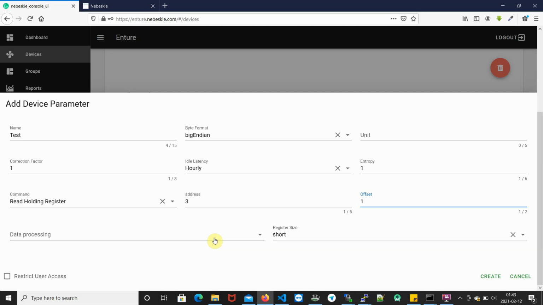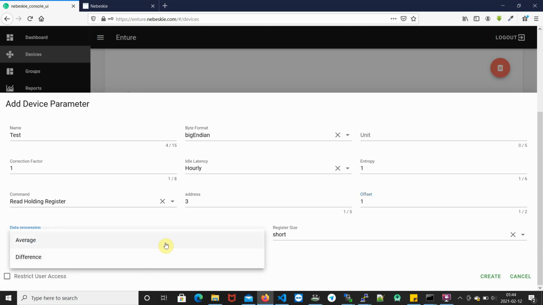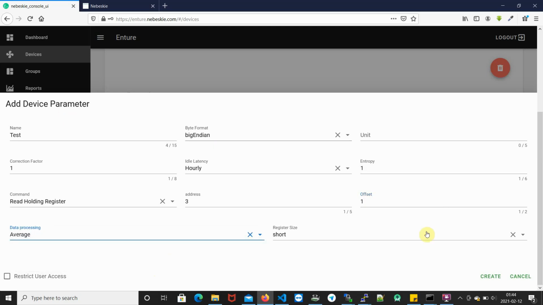So let's take a case of kilowatt hour, or the consumption that is there. At the end of the day, if you are trying to note what the consumption is, you would deduct the consumption at the beginning of the day from the data you have at the end of the day. The difference that you have is the consumption value. So this is the other category that we can put data processing in. This is just for the entire system to understand what kind of parameter it is dealing with. So here I would put an average by default.